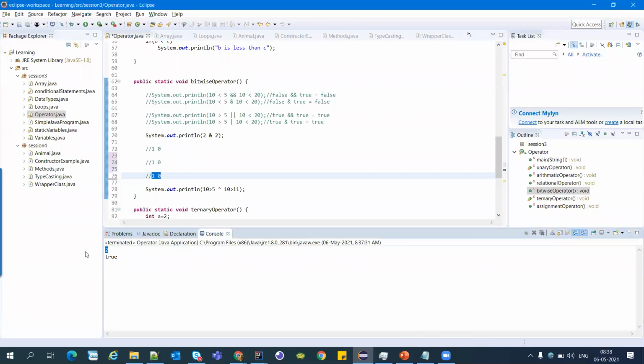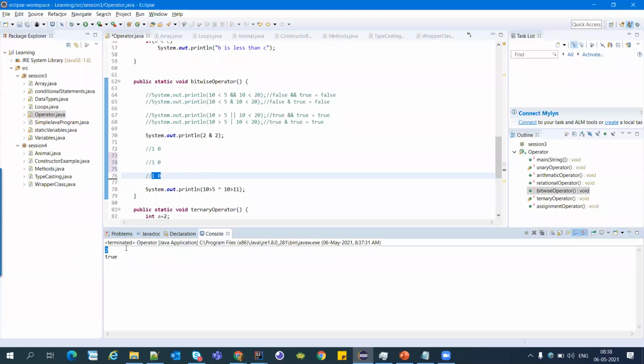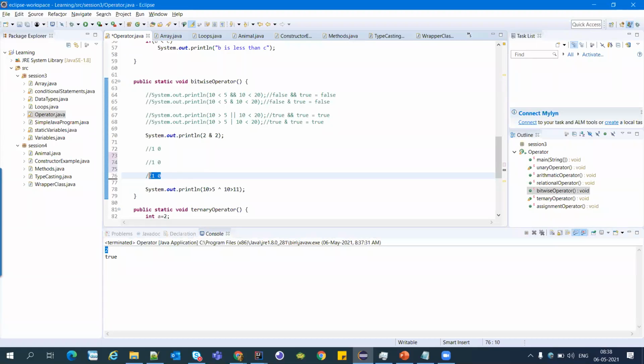So it is producing 2. Right? Are you getting it? So it is producing 2 as an integer, or in decimal, but this is in binary. Binary 1 0 is 2 in decimal.